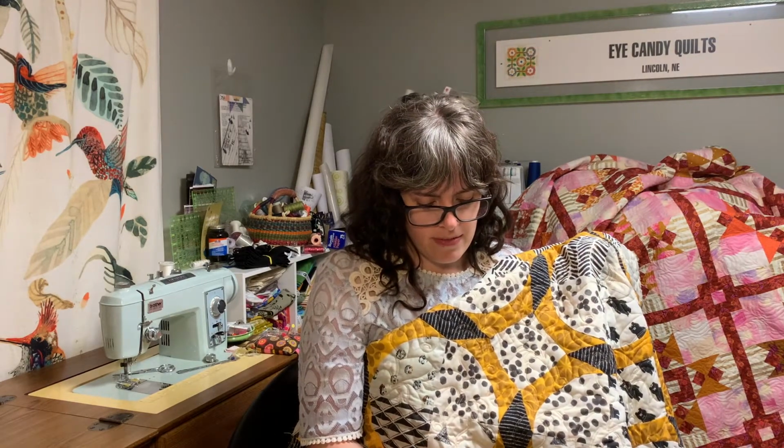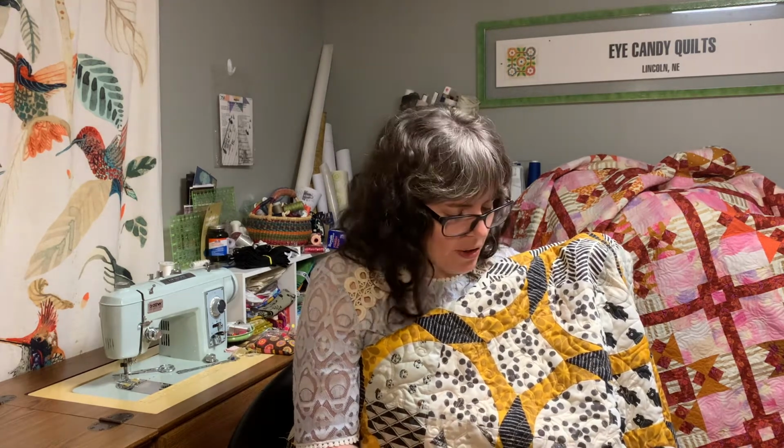the end use. So this one is a quilt for the gremlin, so it's a baby quilt, so it's going to be used and abused, at least that's the goal. So if it's edge to edge quilting, then it's not going to matter if it gets washed. I haven't spent a whole bunch of money on it. So thinking of the end use is another way to think about whether or not you're going to have it